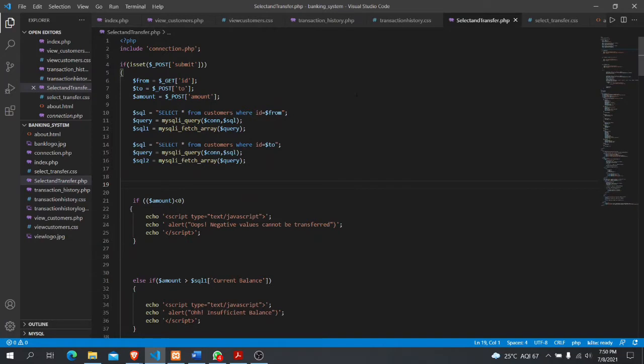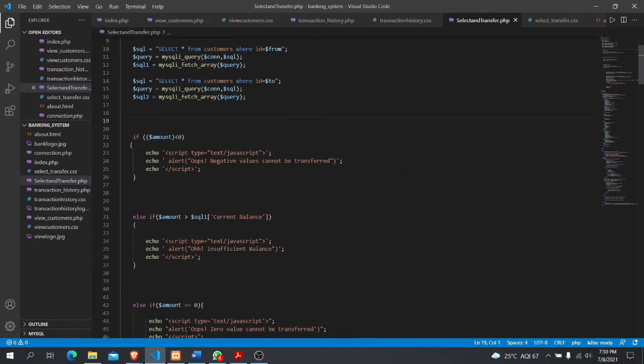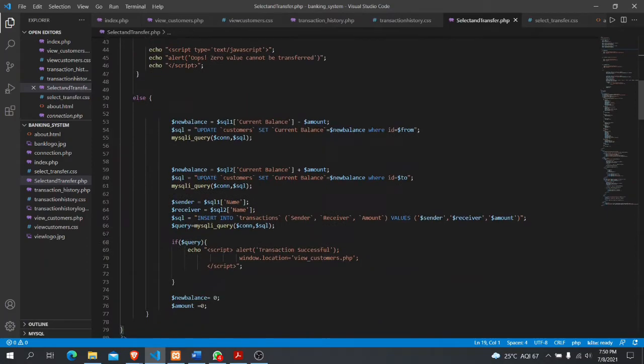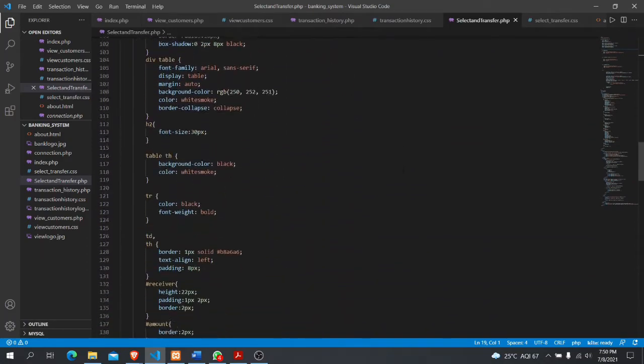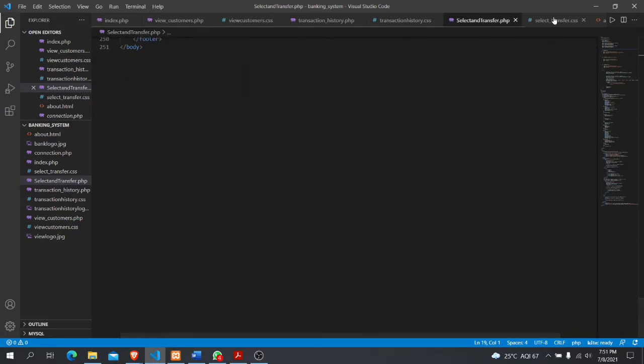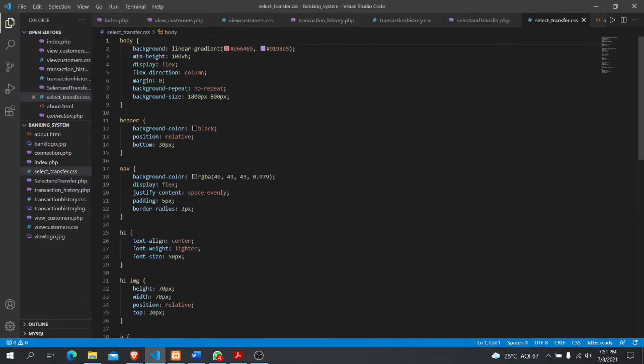And this is the select and transfer.php file, in which the money transfer operation happens between a sender and receiver. This is the CSS file of select and transfer.php.